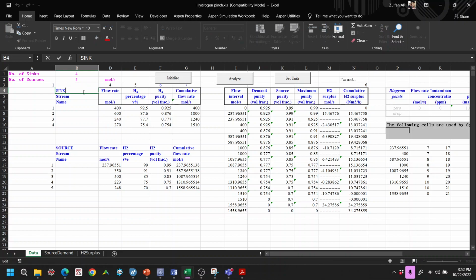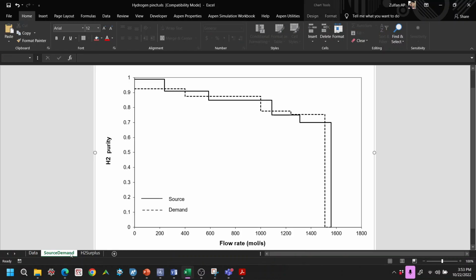Just to make it consistent, because this is what people have been doing. So sink is then demand, because this is your source and demand, and then you may get confused with the sink. So source is source, and sink is the demand. So we have the result of